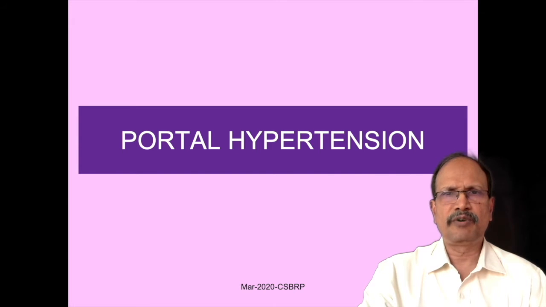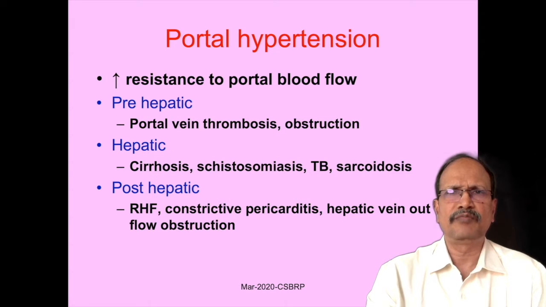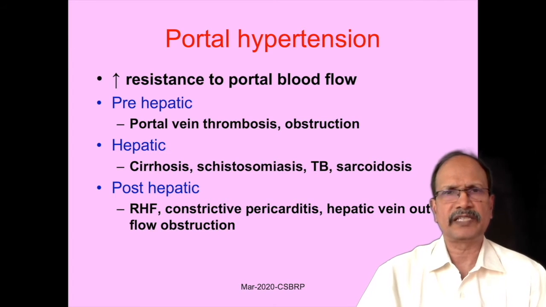And coming to portal hypertension, by definition it is increased resistance to portal blood flow. There are many causes for portal hypertension. There are prehepatic causes like portal vein thrombosis or something causing obstruction, either in the form of a tumor sitting on the portal vein, or it may be due to obstruction at the porta hepatis level. We say, for example, tuberculosis affecting the